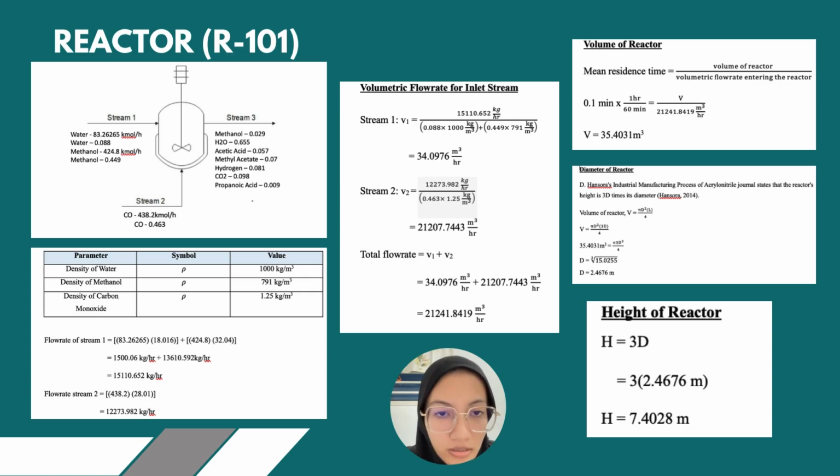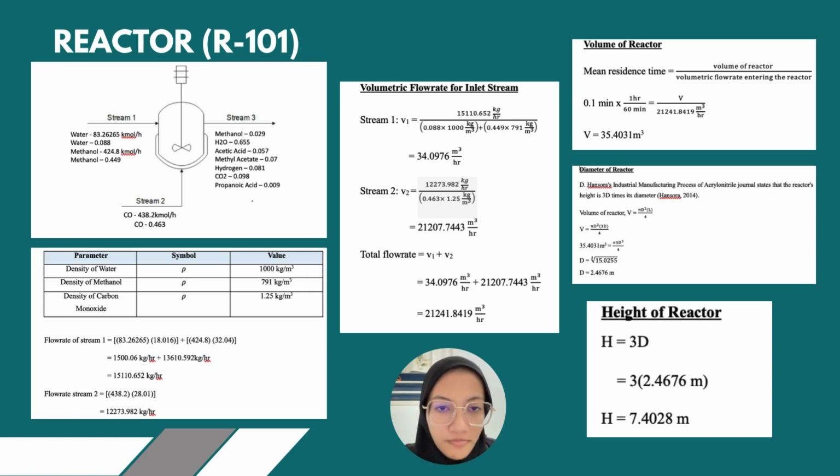And for diameter, based on the article that I found, the volume of reactor is based on the formula. So I entered the value for each formula, and then I get the diameter of